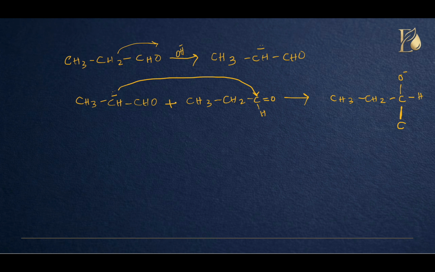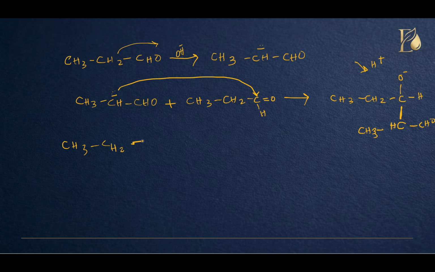So what is the rest? CH, then the CHO group, and the CH3 group, right? CH3. What is next? Now this alkoxide ion will abstract a proton from the medium and produce